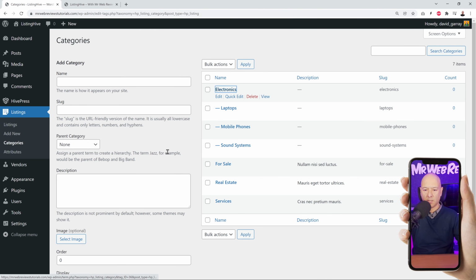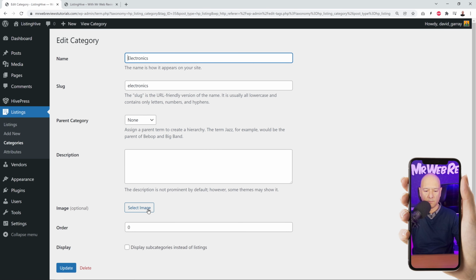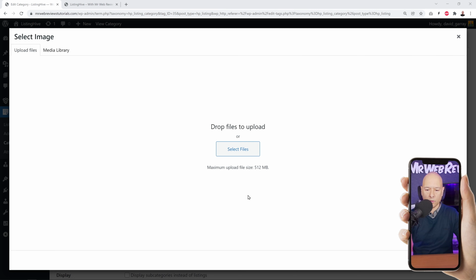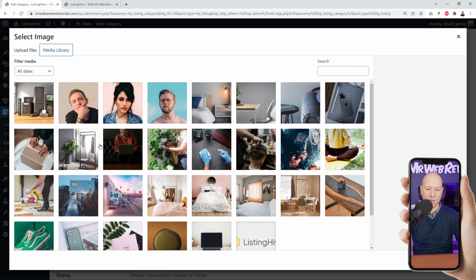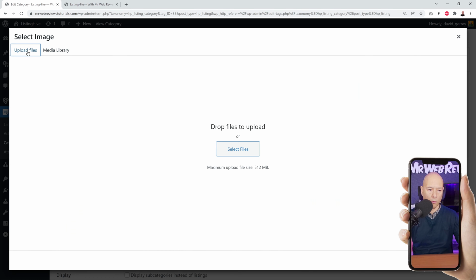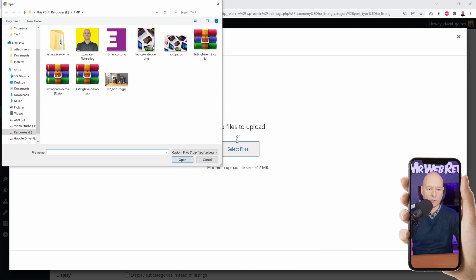So if we have electronics here, we could add a picture if we wanted to. So all we have to do is just click on it, select image, and then all we have to do is to select file. So you can either select a file, upload a new file, or select from your media library. So perhaps you already have a file uploaded that you want to select. Either way would work fine. So just for example here, we're going to upload our own file. So let's select,